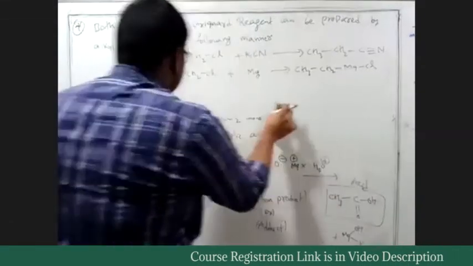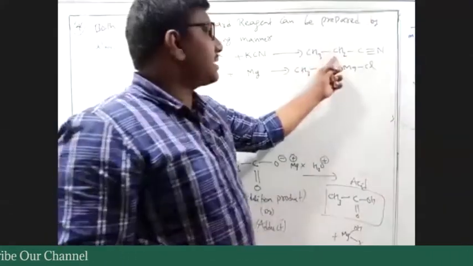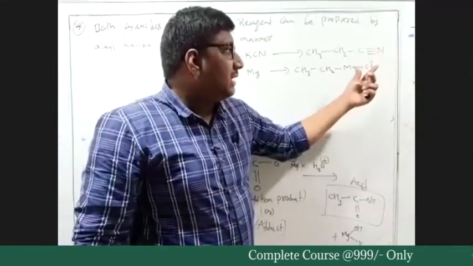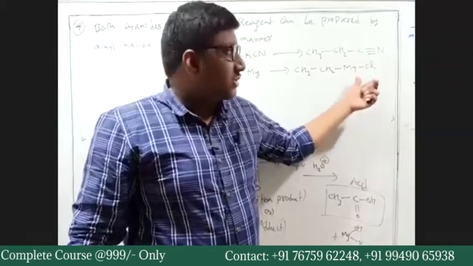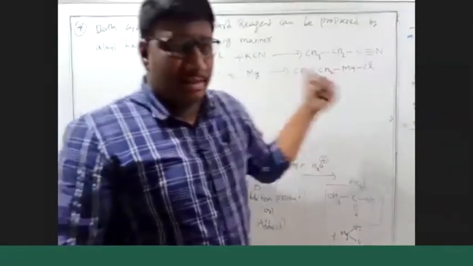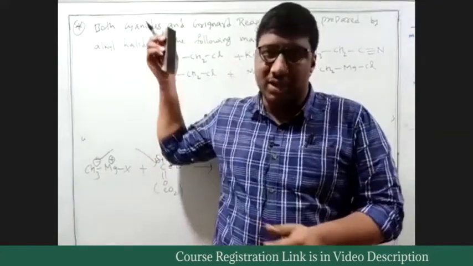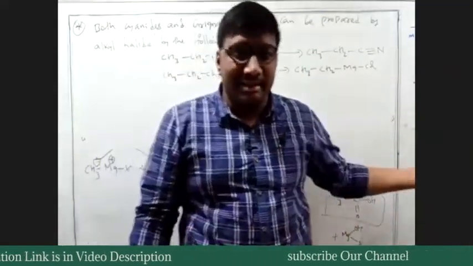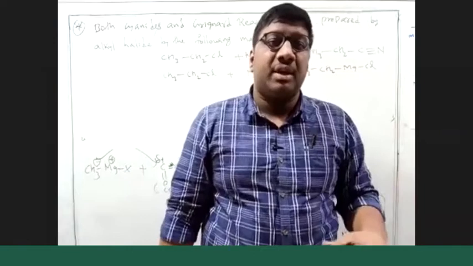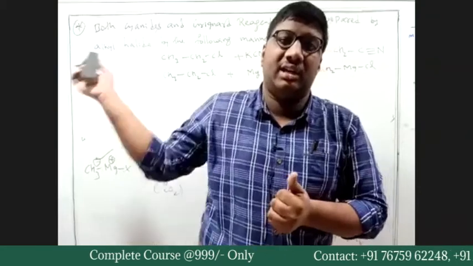So when we treat an alkyl halide with KCN, we get cyanides, and when we treat an alkyl halide with magnesium, an insertion reaction occurs and we get a Grignard reagent. So cyanides and Grignard reagents can be generated from alkyl halides. Why we are discussing this is, if we start the reaction with an alkyl halide like CH3CH2Cl and want to produce acids, then the number of carbon atoms in the acid generated would be one more than the number of carbons we had initially. Let us take an example.